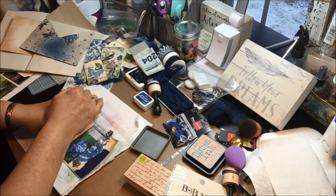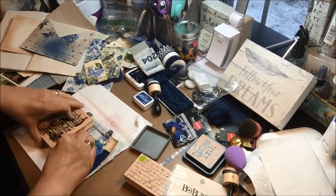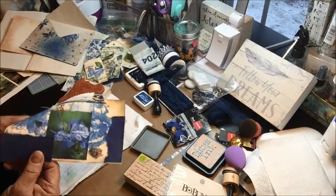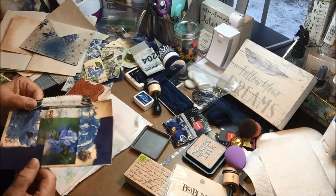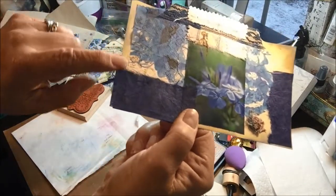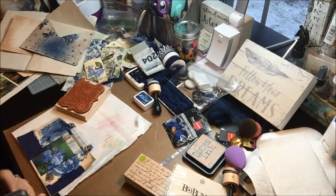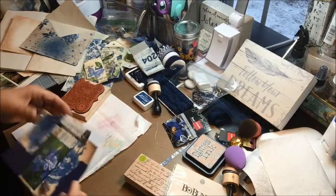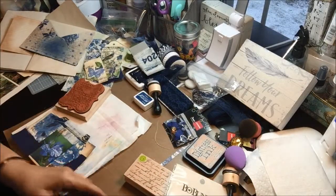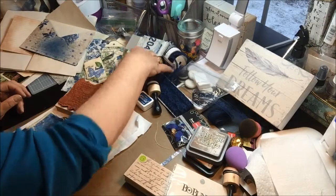So I'm going to press down pretty hard because I usually put something soft under my stamping. Yep. It's pretty faint. The blue is pretty dark. So it didn't really, can you see it right there? Didn't really come out a lot. I think I'll use black. Of course, a little of it came out right here on the fabric. That's pretty cool. I'm going to try the black, my archival ink,